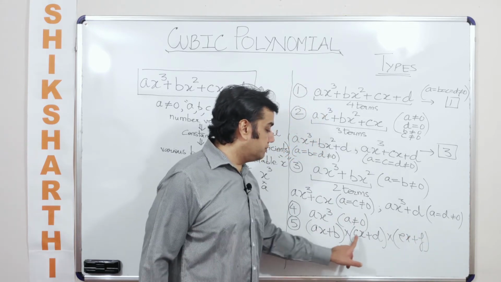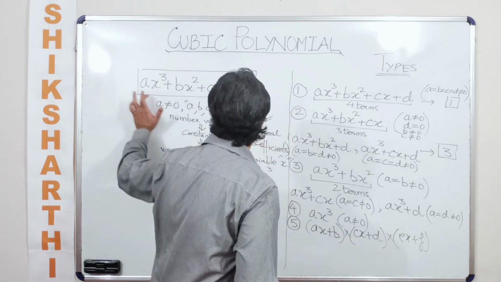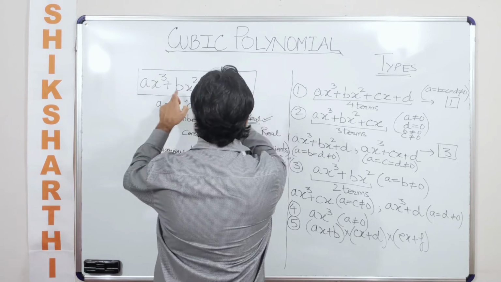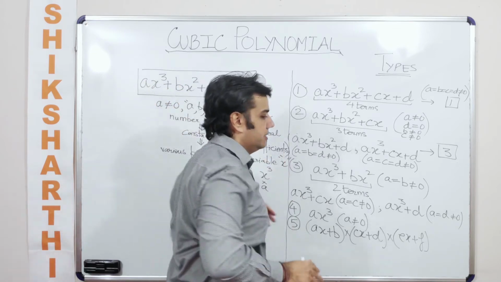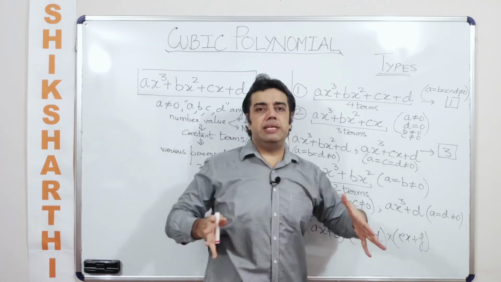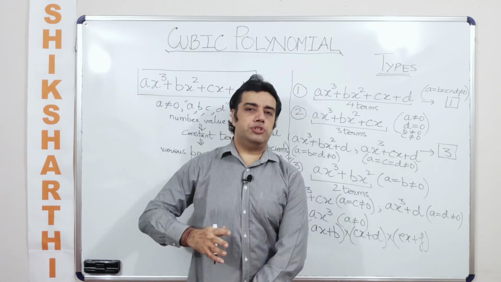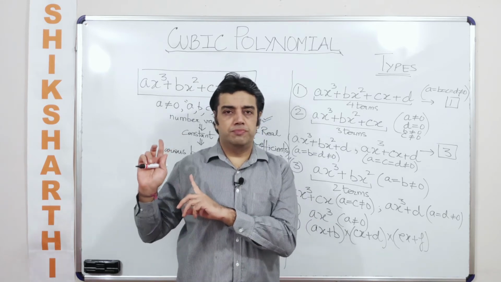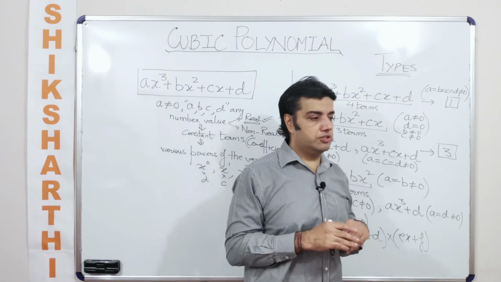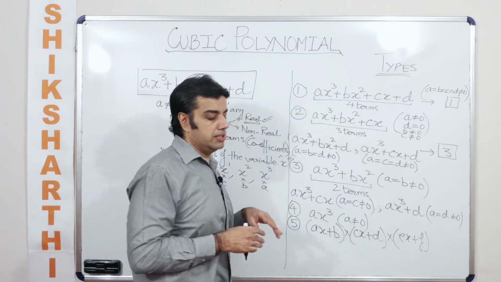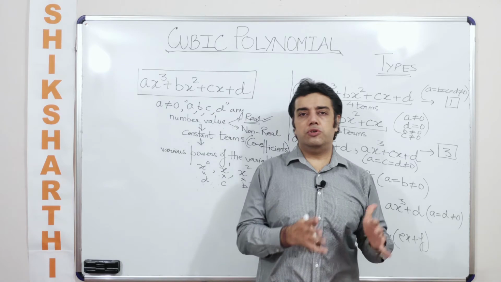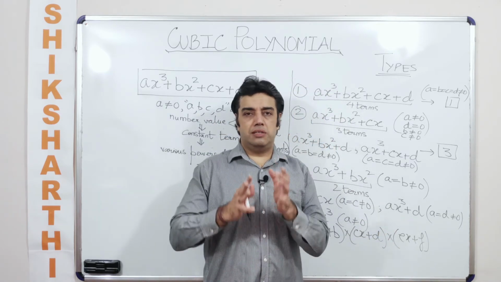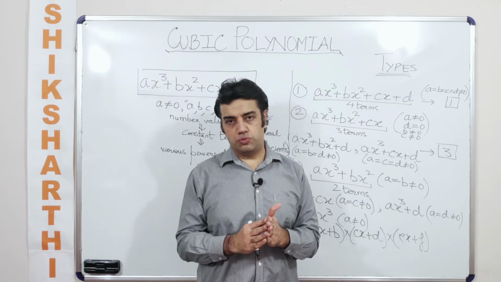Keeping in mind that none of the leading coefficients, now this happens to be the leading coefficient and this happens to be the trailing coefficient, and in between coefficients are b and c, so which we can call them as intermediate coefficients. What is the leading coefficient? The leading coefficient is the coefficient of the highest variable here, which is x cube, the highest power of a variable, and the trailing coefficient is nothing but the constant term or the coefficient of the lowest whole number power of the variable that you have used. And we know that the smallest whole number that can be used is 0.